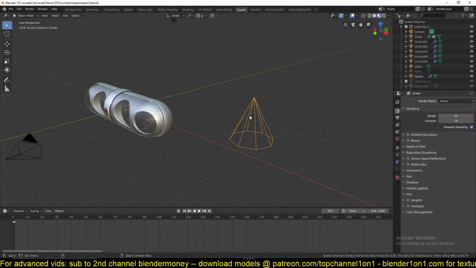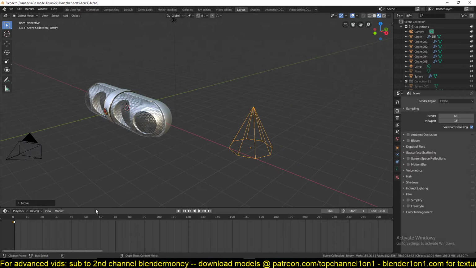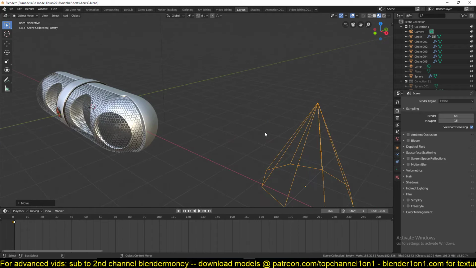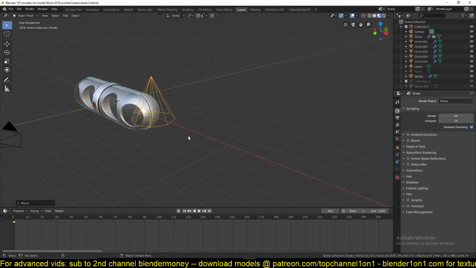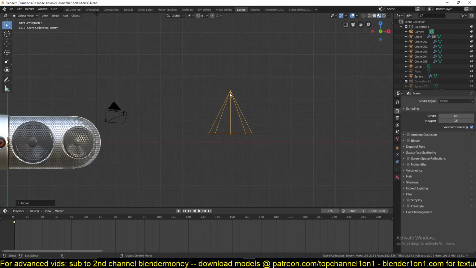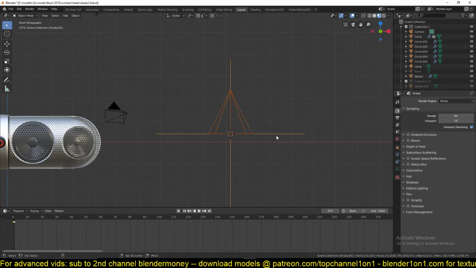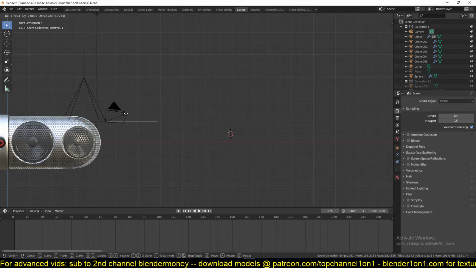Okay, now that we have that, we need to move this so that it starts driving this object. But the problem is because we have locked the Z property, whenever we move this and play back, it will snap back because it's getting the transformation from the Z, from the audio track. So what we can do, instead of moving this object, we can just parent it to another object. So let's add an empty like this, and then we can parent this to that empty, and now we can move this to any location